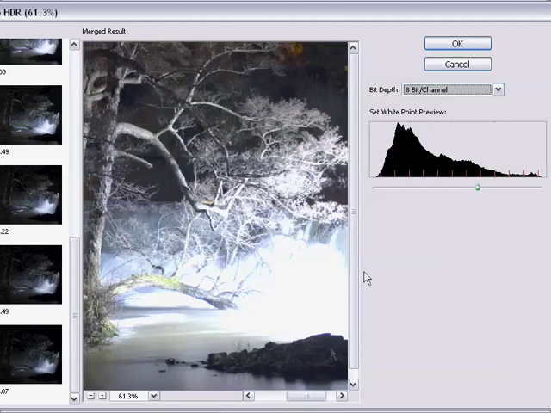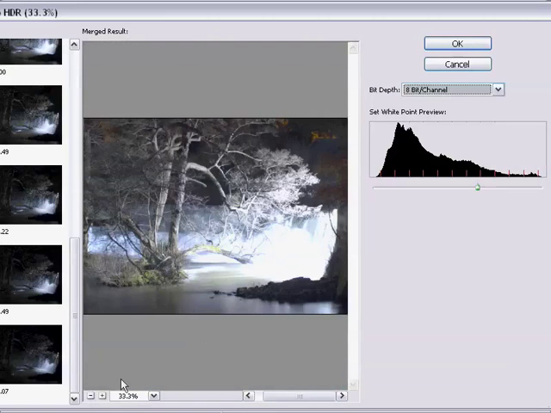So I'm going to choose 8 bits per channel there, and what I'm going to do is find a bit of the image to look at, let's zoom out a little bit actually, that's got some dark bits in and some light bits in, and this slider here tells us where the white point should be, and what I'm going to try and do is just get it so that the image looks as right as I can, as even as I can. So I would say about there. We've got some detail here. It is still very blown out here, but the next step of this process, if I now press OK,